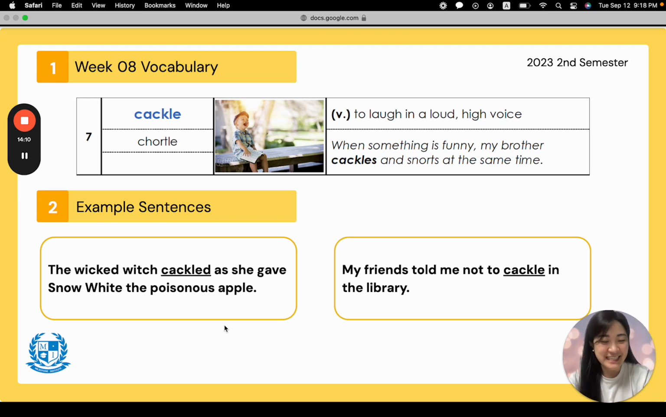Oh, I like this word. Everyone say cackle. Cackle. It's a fun word. And here the synonym is a bit difficult, but it says chortle. Cackle and chortle are another way of saying to laugh. But it's different from just laughing. Cackle and chortle mean to laugh in a loud and high voice. And to laugh, obviously, is a verb. So it's like